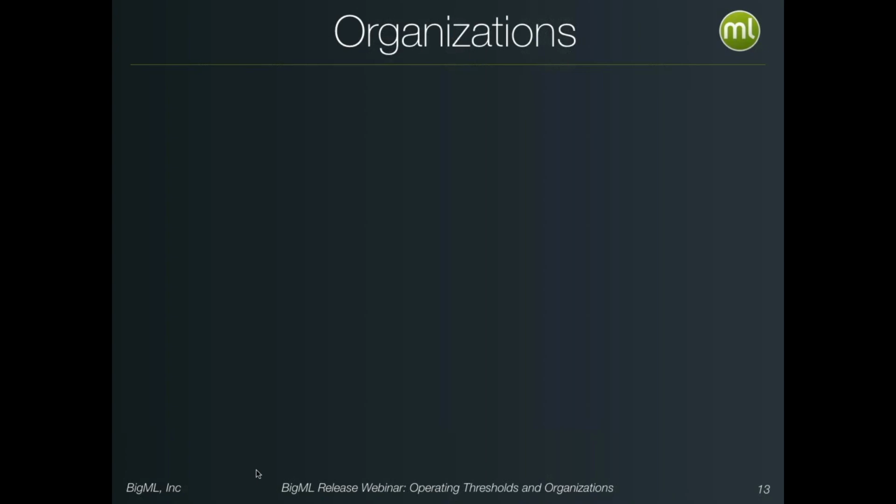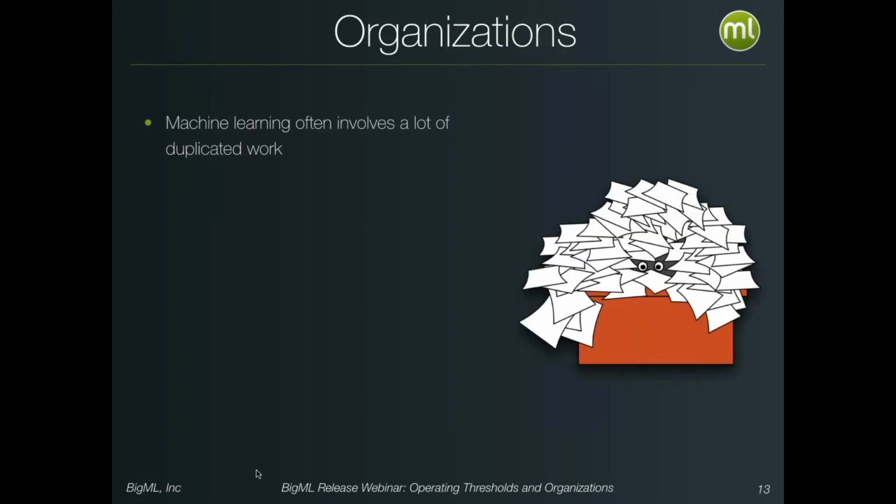The other thing we're going to talk about today is the new organizations feature. As you might know, if you've spent some time in machine learning, it often involves a lot of duplicated work. What sort of work am I talking about? Well, pre-processing data, for one. You get a raw data set in. Usually it needs some work to make it machine learning ready, and you don't want to be doing that work over and over again. If you have a system where you're updating the models that are in production every so